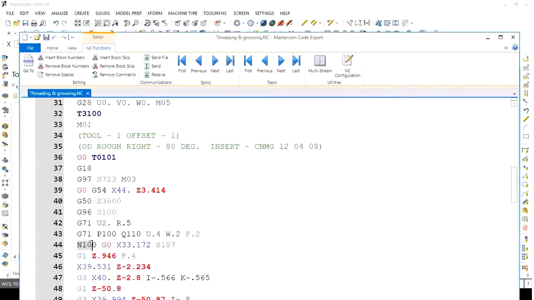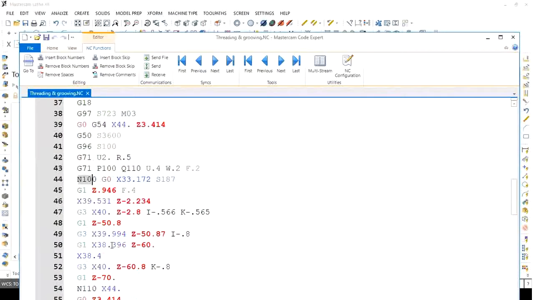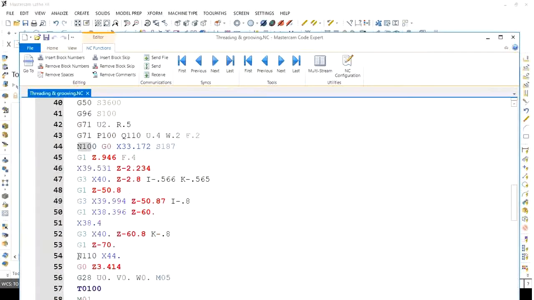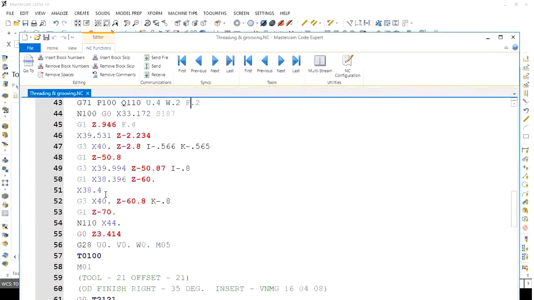It will start from this location and end at 110. So in this cycle, the rough turning operation will be closed. Then the next is U.4, W.2. These are the finishing allowance in X and Z direction, and this is the feed rate. And these are the coordinate data to carry out the rough turning operation.